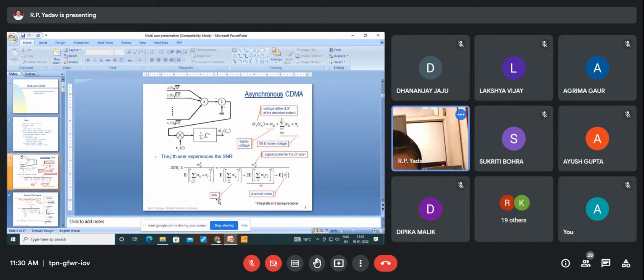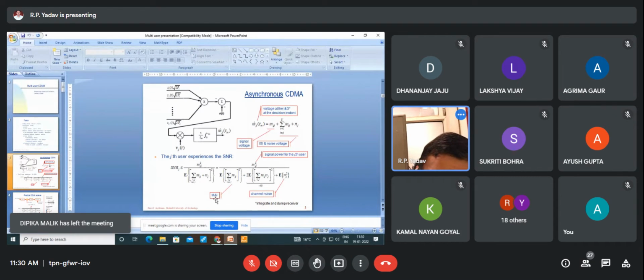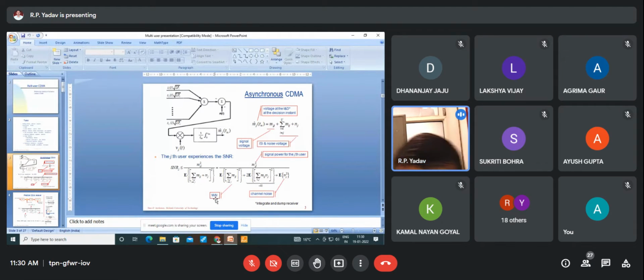Multi-access interference. What is the meaning of multi-access interference? It means that the codes we are using may not be perfect, so their cross-correlation output will also be finite. And there is excess interference because, as I said, of near-far problems also, because a lot of subscribers are trying to get access. In that case, someone is transmitting more power, someone is transmitting less power, so that also generates some sort of interference for the other users. You understand,